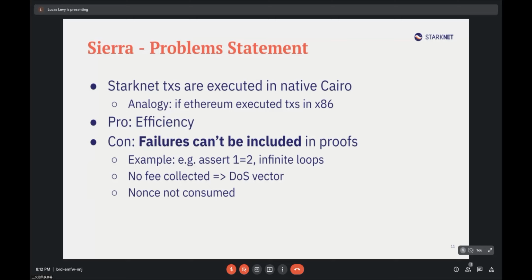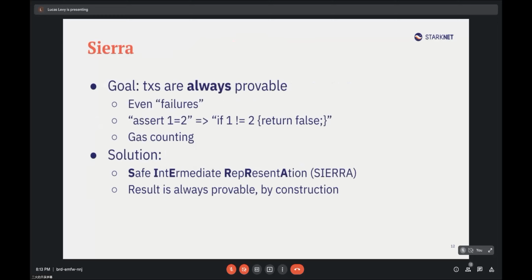Right now, we try to mitigate it with the validate entry point in an account contract, which will basically allow us to take fees for a transaction that fails, but it's not perfect. So we want something to be fully provable, whatever happens in it. For example, now when you want to assert that someone has exactly one token, it will be transformed to an if, and if it's false, it will return an error, and then you will choose how you handle it.